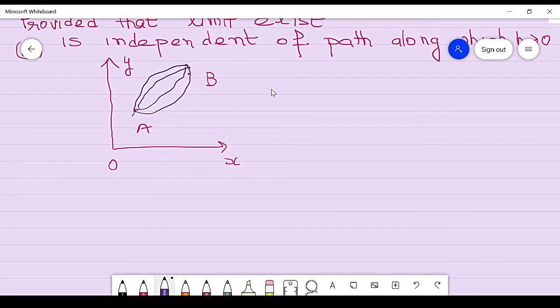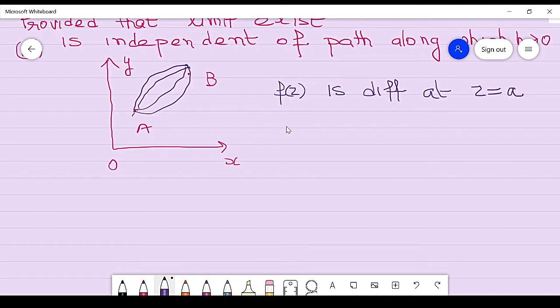So these are the two parts of the definition. It means f(z) is differentiable at z equal to a if these two conditions are satisfied. In the real domain, just the limit exists, but here the limit exists and it is the same along every path where h approaches 0.